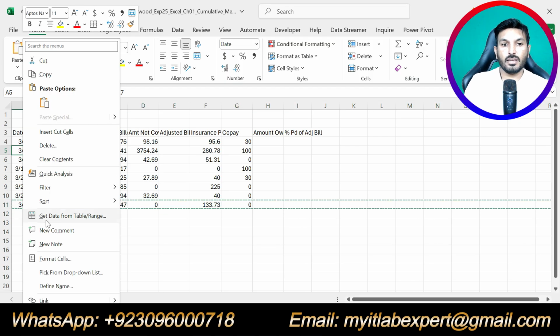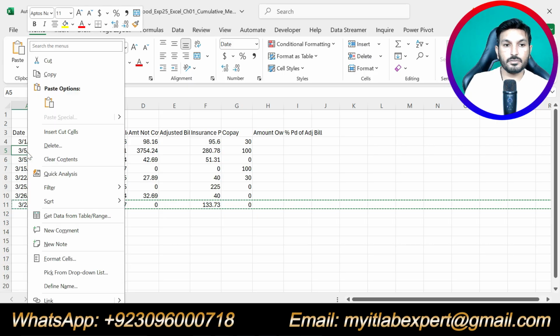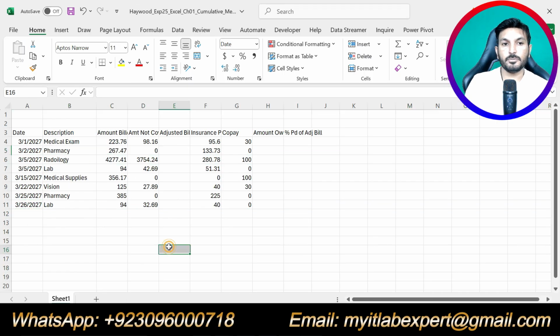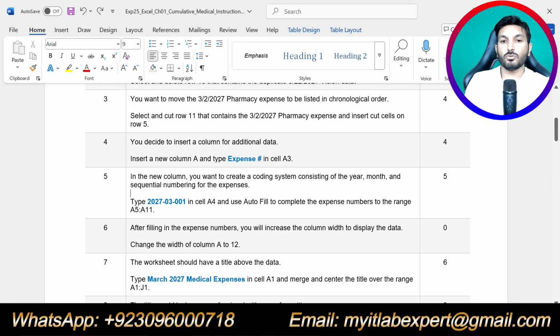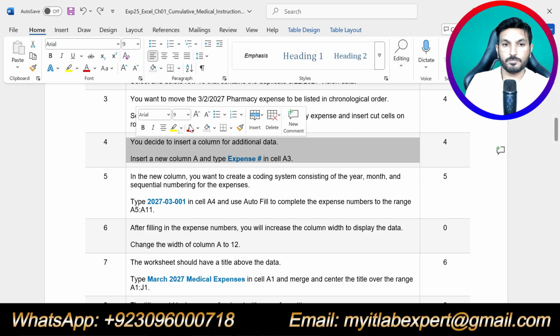Select row 5 and click insert cut cells. Okay. Now we are done with this step. That was step number 3, and now we are going to do the next step, that is step number 4.